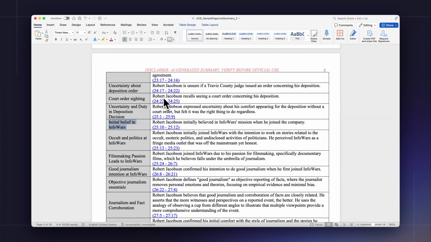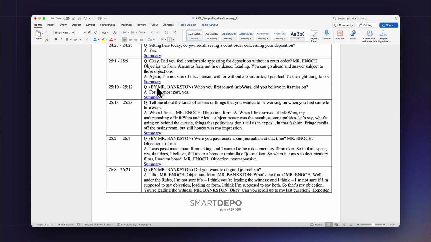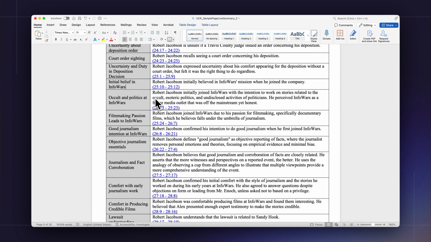If I wanted to verify with the original transcript, we can guarantee the accuracy of these citations. And I see here, this is where Robert Jacobson initially believed in the InfoWars mission. I click on the citation and it takes me right to the question and answer associated with that section. I see that looks good. I click summary and it takes me right back above. And that's what makes SmartDepo the best deposition summary on the